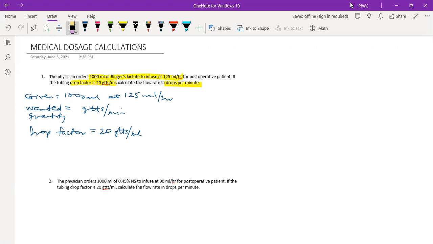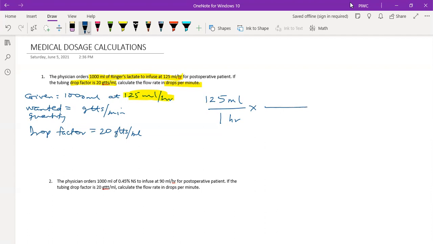So in this question, we're going to use the order that is given. Okay, we're going to focus on this, the 125 ml per hour. Okay, that is what has been ordered, all right? That's the rate the doctor wants, the physician wants. So let's begin with that. So write down 125 ml per hour, that means over 1 hour, times,